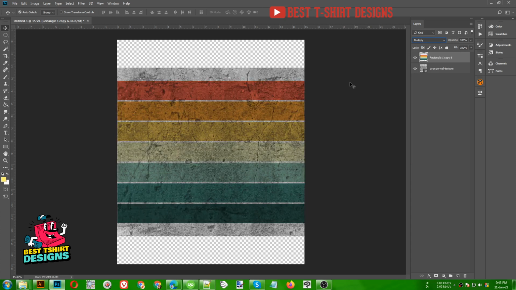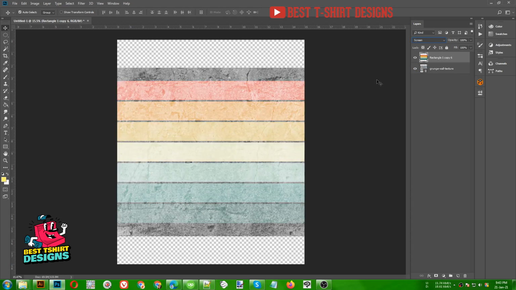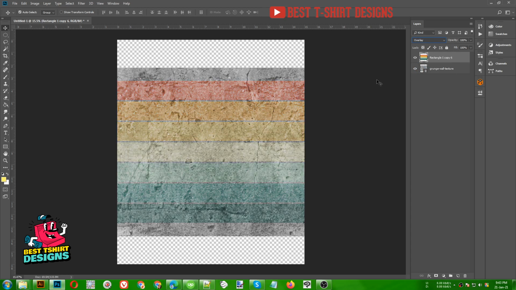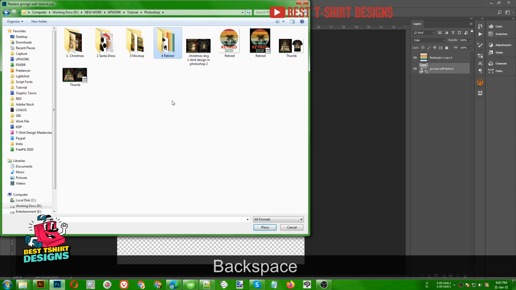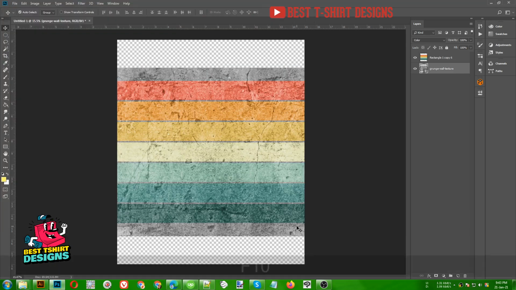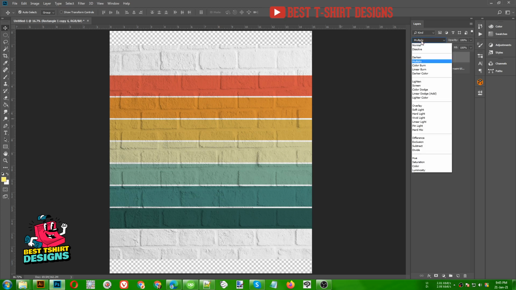So maybe multiply is not working, so let's make it like, maybe I don't know. Yeah, this one is looking good. Okay, so it is maybe because of the texture here. Let's try to change our texture here and see if that is the problem of the texture or not, something like this. Okay guys, so this pattern is working well for us. That's because that previous concrete texture had too many brush effects on it, so that was not looking very good, but this one is looking good as this is a flat kind of wall, and we are using the multiply option for the blending mode.